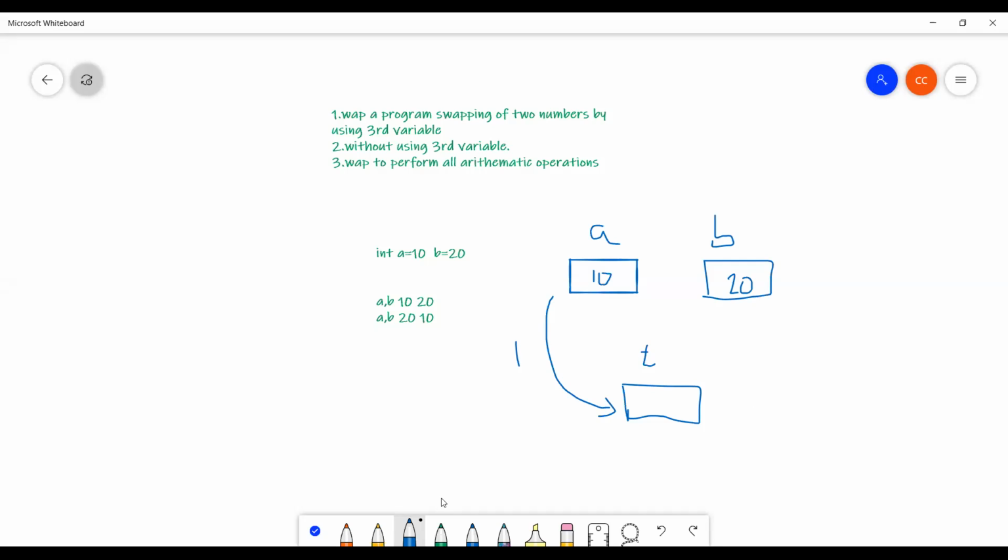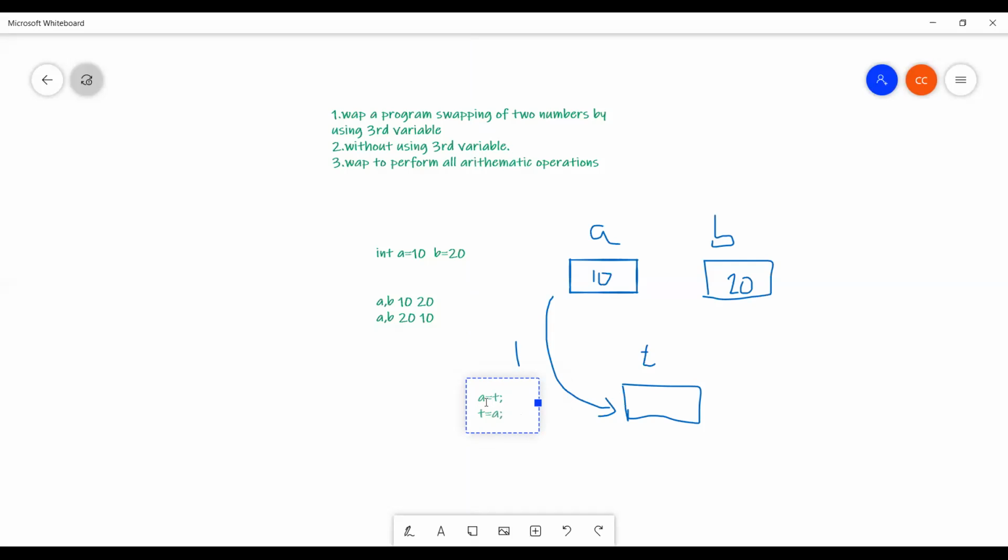Now the point is, if you want to place the a value in t, how to write the statement, how to write the line. See here, if you want to put a value in t, tell me: a equal to t is correct, or t equal to a is correct?